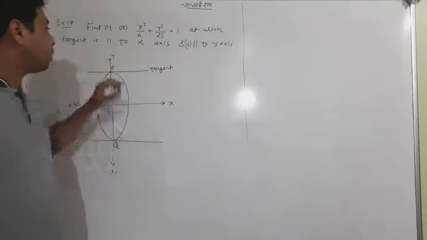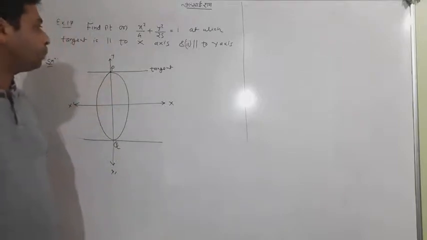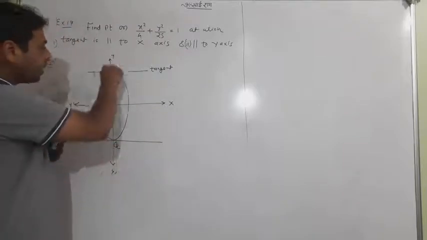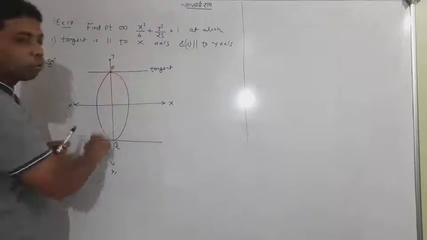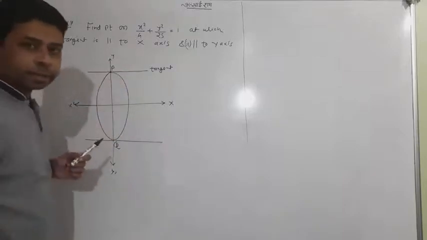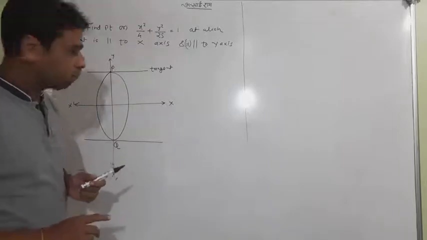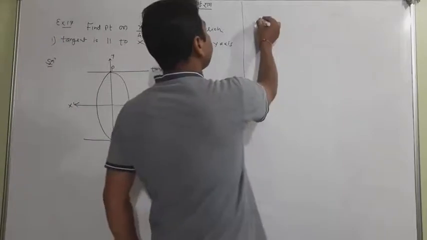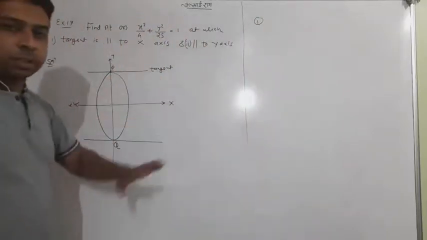So how to find P, I tell you, it's a very simple procedure. While making the axis, one should ensure that its x coordinate is 0 because it is lying on the y-axis. But we actually have to find it with the derivative. So how can we find it with the derivative? Let me explain. First, I'm doing this. First one: tangent is parallel to x-axis. Okay, no matter at all.